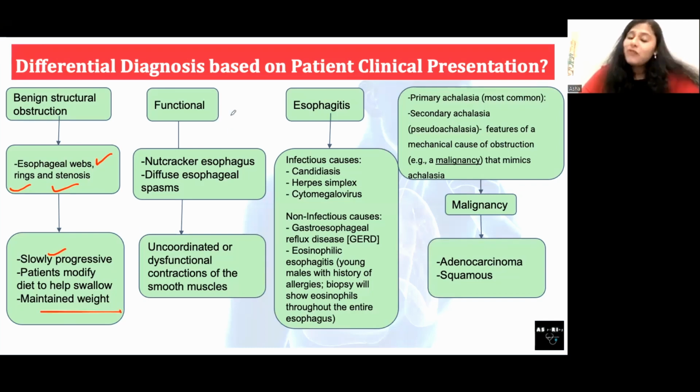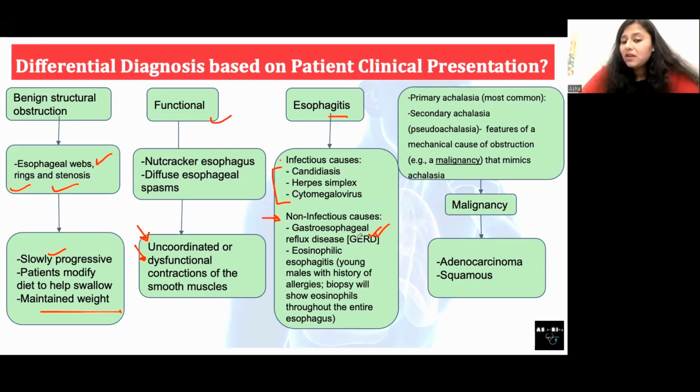It can be because of functional causes like nutcracker esophagus or diffuse esophageal spasm. Here we'll see uncoordinated or dysfunctional contractions of the smooth muscles. Or it can be because of esophagitis, like any infectious cause such as candidiasis, herpes simplex, and CMV. But he was not immunocompromised. Or we can think about the non-infectious causes. So he did have a history of